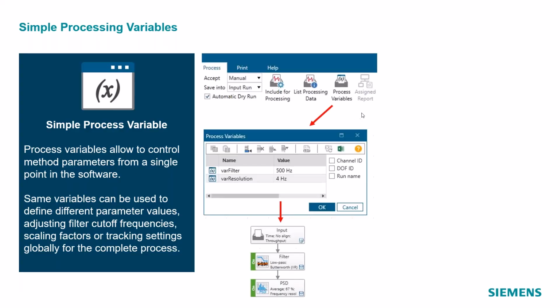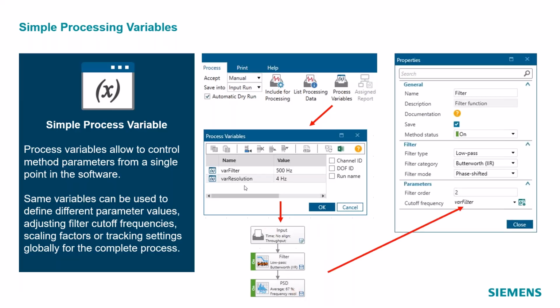The general way this would work is that in the process ribbon, there's a process variables button that will open this process variables dialog box, where we can define these variables. In this example, we're setting a variable for the cutoff frequency of a filter and the frequency resolution for a PSD calculation.